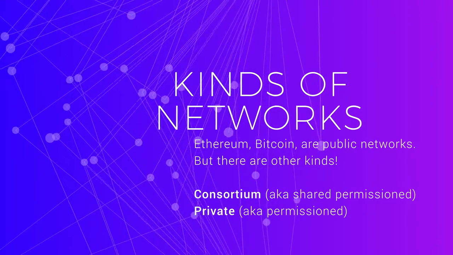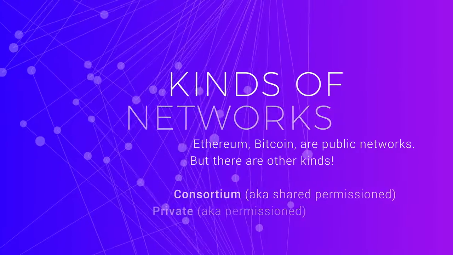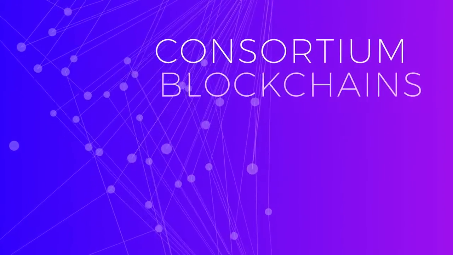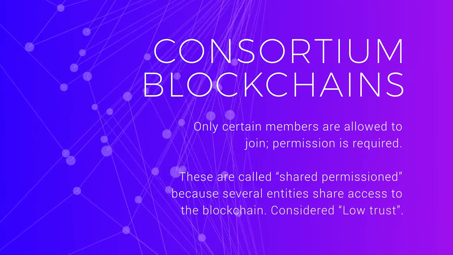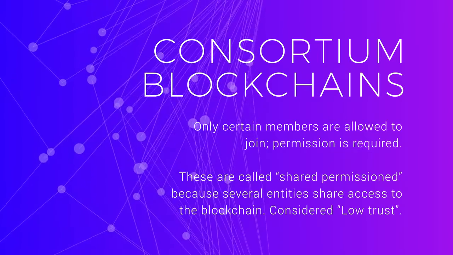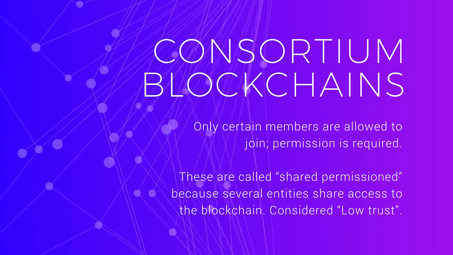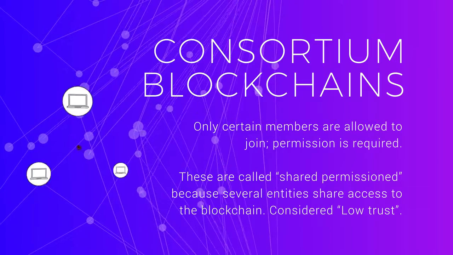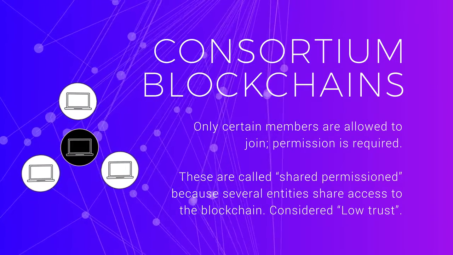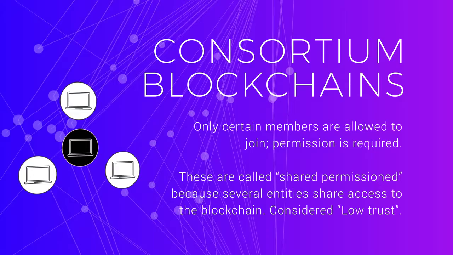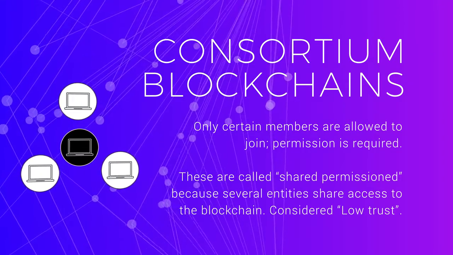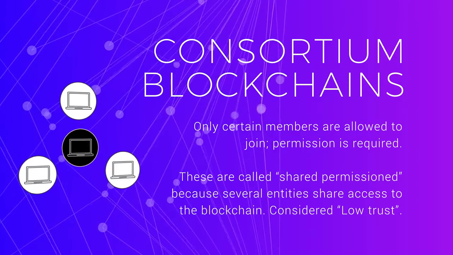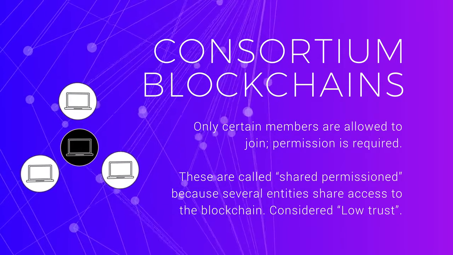So, where public blockchains allow anyone to download the software and create a node, consortium blockchains only allow certain members to be nodes. That is, nodes are granted permission to join, which is why another name for consortium blockchain is shared permissioned. For example, you might have a consortium blockchain in which 3 companies and a government regulator operate nodes. You could set up your blockchain so that all 4 entities have to sign transactions, and all would be able to access and audit this ledger without needing access to the internal ledgers of the constituent organizations.